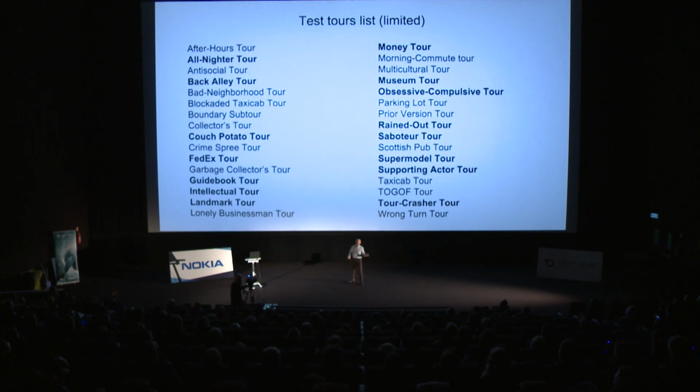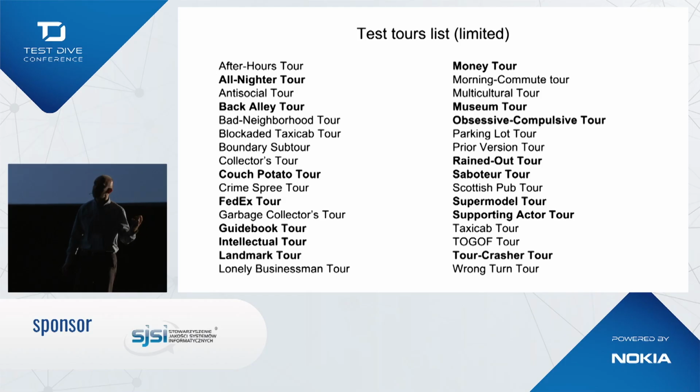And now take a look at this. There are 32 testing tours, which names are quite self-explanatory, but I will give you some examples as well. I think in the book there are 34. I missed some of them, maybe because I have never used them really. Anyway, the bold text shows the tours which were most often used in my past projects, some of them.